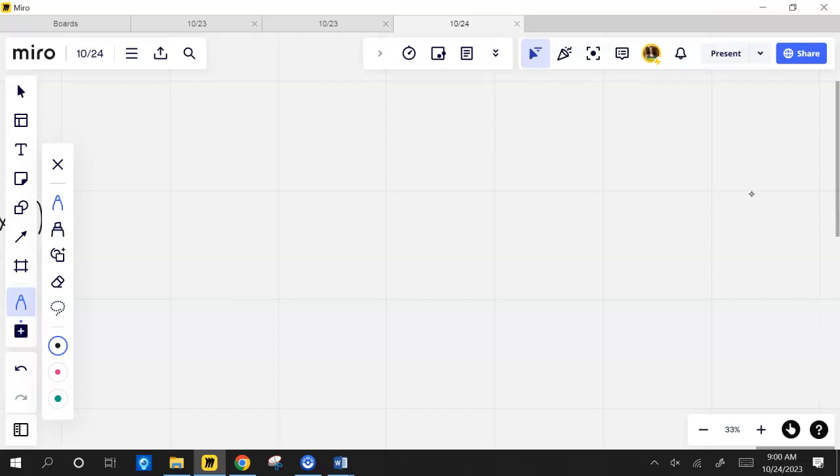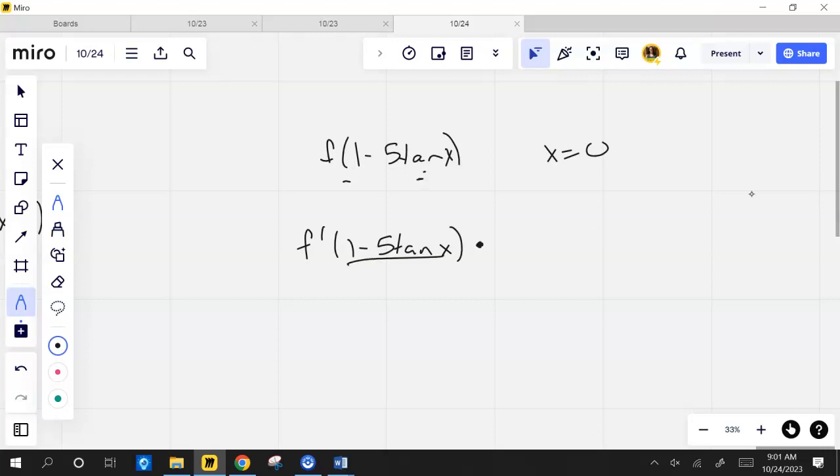Now, 66D is f of 1 minus 5 tan x, and x equals 0. Find the first derivative of the following. This is just a chain. This is seeing if you understand chain, right? So this is a composition function. Here's your g of x, and they've already plugged it in there. So I'm going to do the derivative of f. But remember, you leave all that. And now I'm going to chain it. So what's the derivative of all this? -5, what's the derivative of tangent? Secant squared,